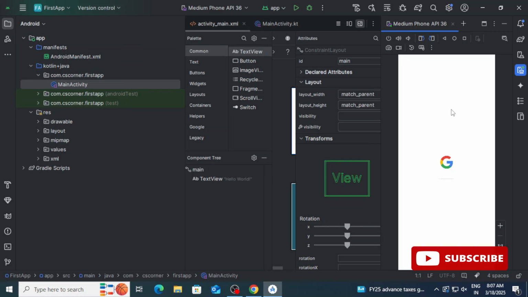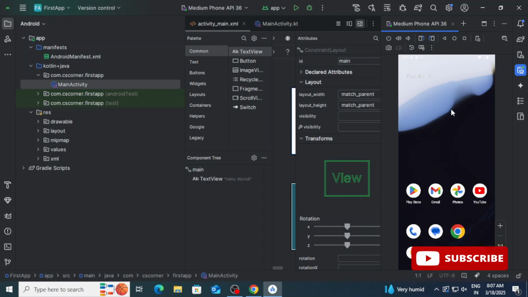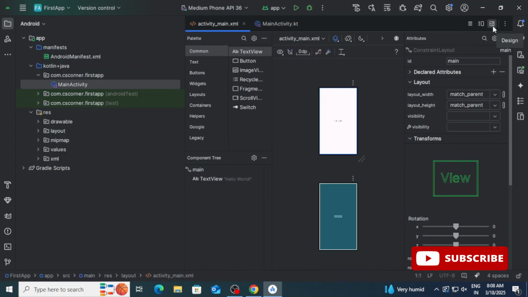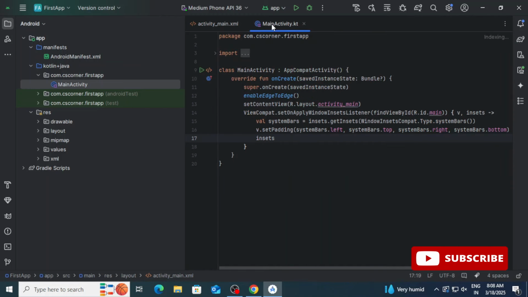So guys, now let me click on this play button. You can see my Android virtual device has been started. Now I'm going to run this application on this Android virtual device. You can connect your real phone also, and run your application. If you want to know how to connect a real phone and run an application, you can watch my video. I have given the link in the description box, or you can click on the i button also.